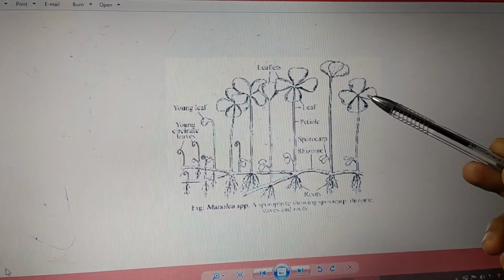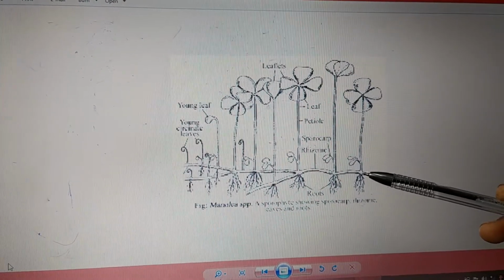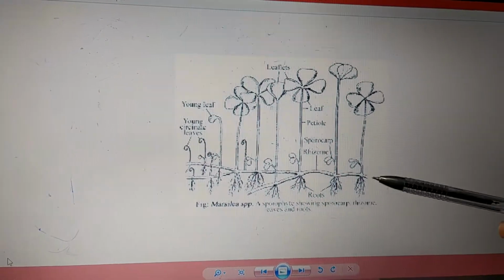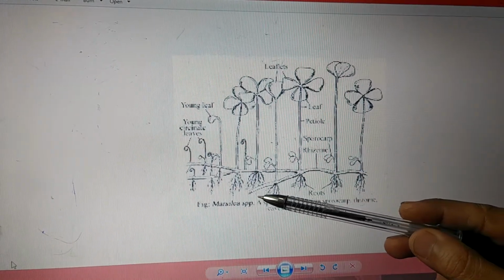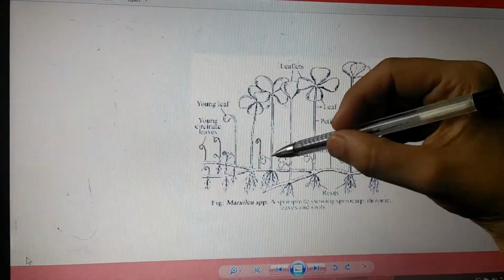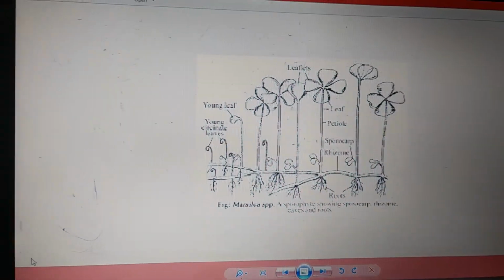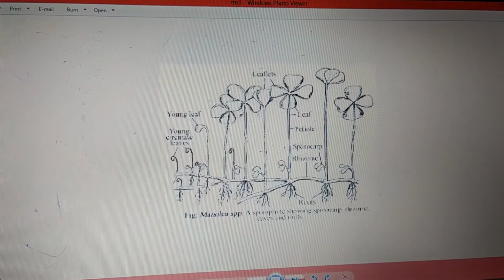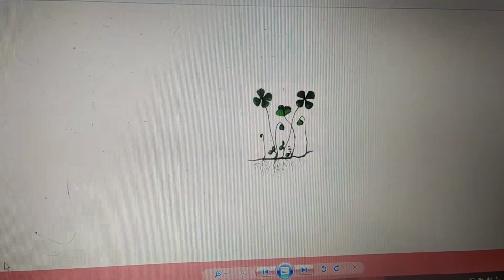So, we have a leaflet which is attached to a petiole. The petiole arises from the nodal region of the rhizome. The rhizome is slender and has these nodes and internodes. From the nodal region below, what arises is roots, above it is the petiole. Apart from that, we have these structures. Can you make them out here? This one. These structures are nothing but the young growing leaves of Marsilea, which we call circinate vernation. Circinate vernation is the most common question for 1 mark.